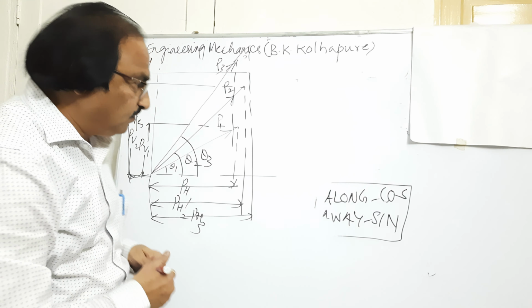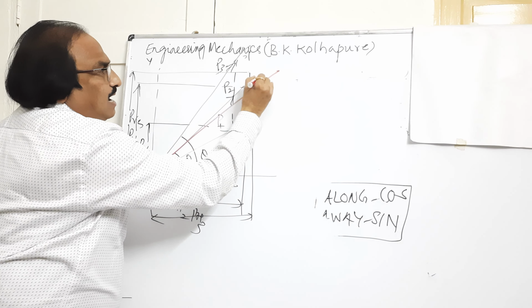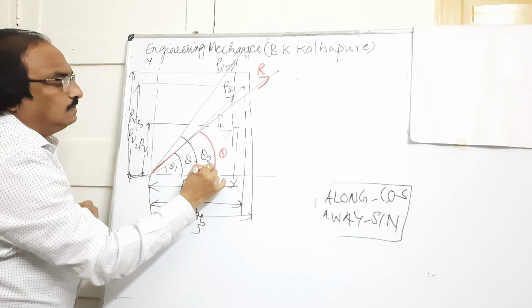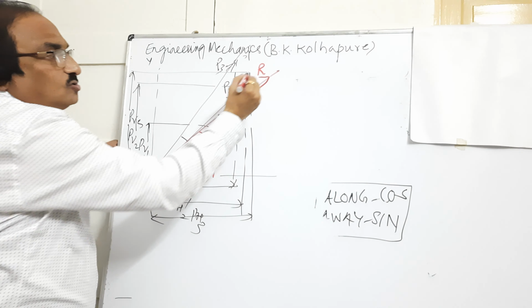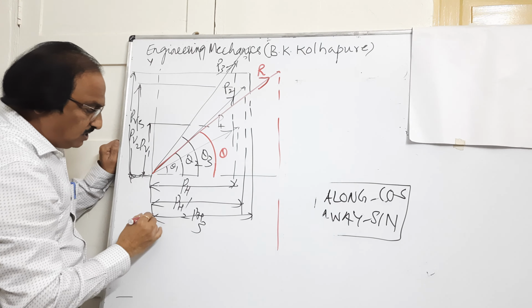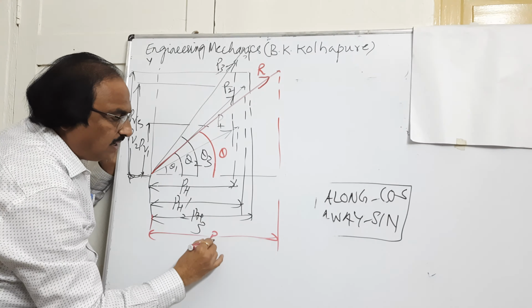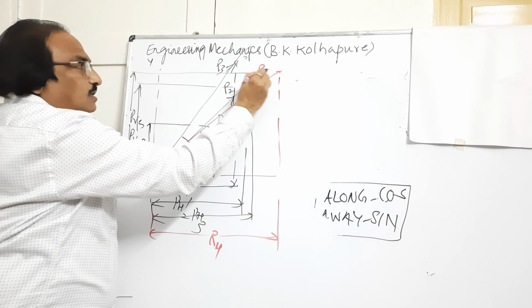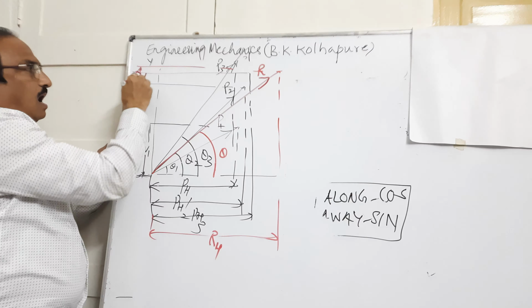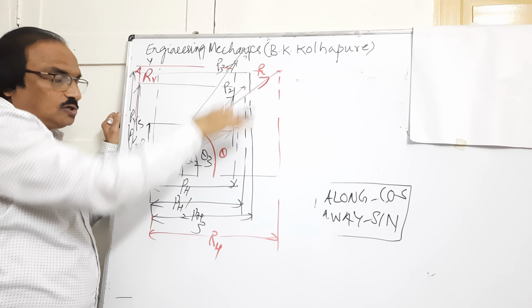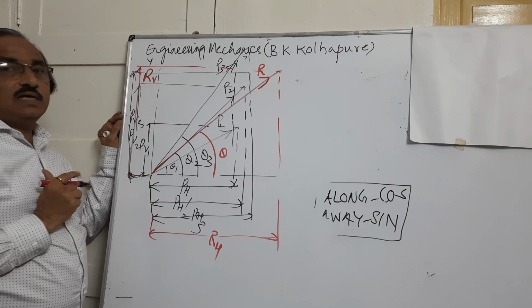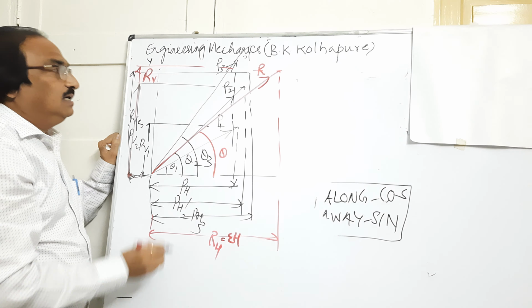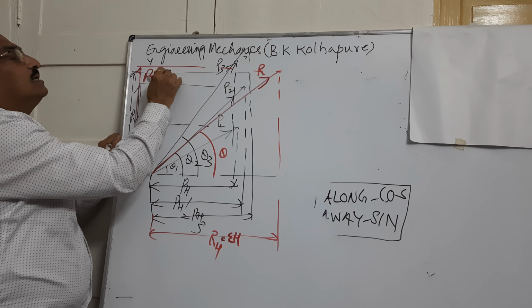Suppose if I replace all these forces and if I show a resultant like this, R, making an angle theta. Now I can resolve this resultant also horizontally. If I project it horizontally, this will be RH and this will be RV. So RH is the horizontal component of the resultant, RV is the vertical component of the resultant. Instead of giving notation RH, I will write it as sigma H and RV I will represent it as sigma V.